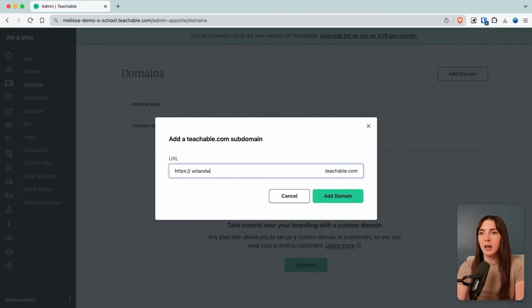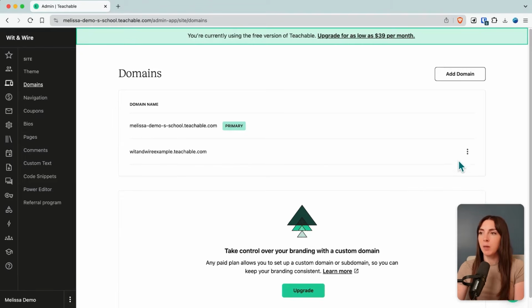So if I wanted, I would use the name of my business here, and I tend to recommend something that you could say out loud in case you want your students to remember or bookmark this. But because this is a demo school, I'll just add the word example. From here, I might want to click this menu and make this the primary URL. So now I've updated my Teachable school